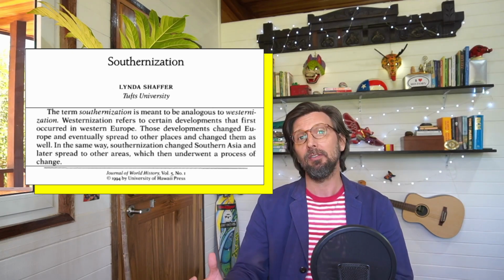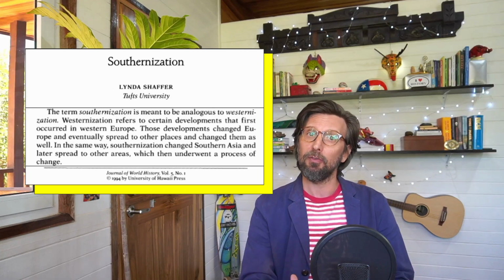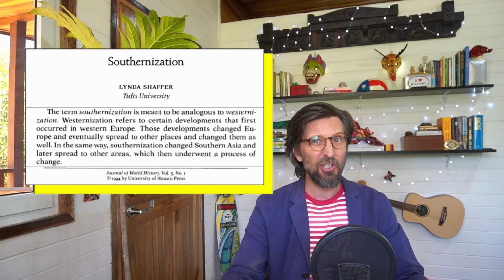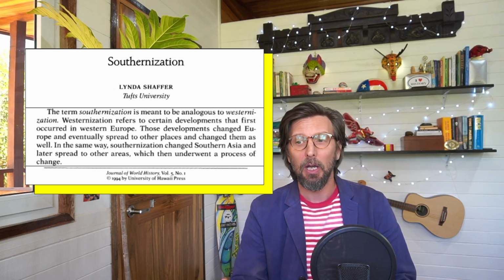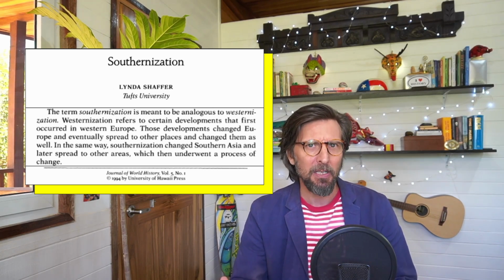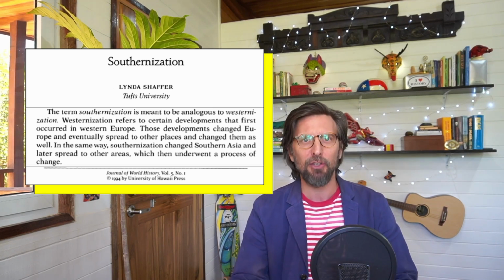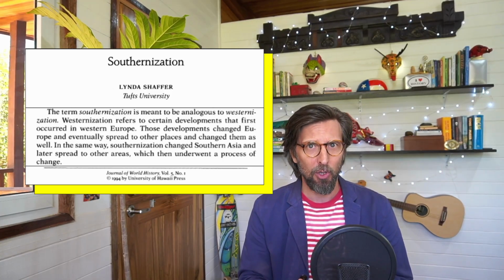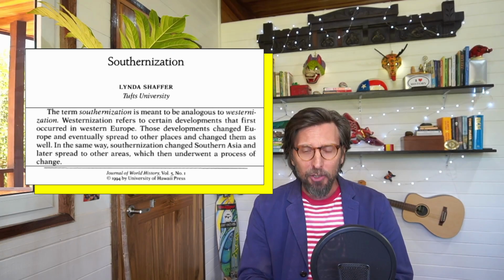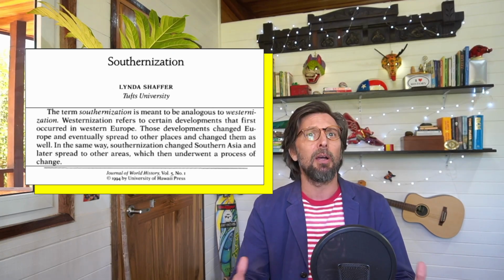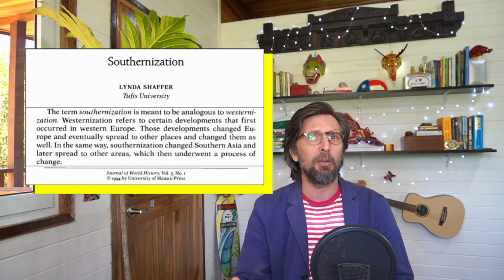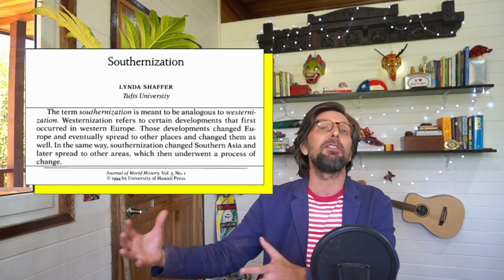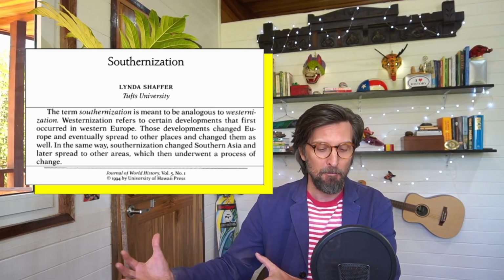Well, she says that if you go back far enough, to the Middle Ages, essentially 1200 to 1450 or so, you have something else happening here that she calls Southernization, where you have the southern parts of the world being the influential regions of the world. You'll see values from the southern part of the world spreading around, economic models spreading around, etc. So again, this is analogous to that later concept of Westernization.